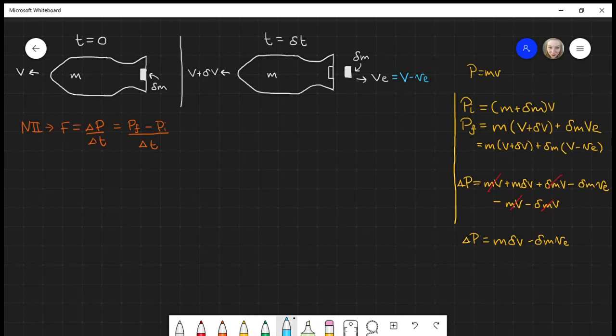One thing I will mention is because the mass is being expelled, there's a reduction in mass. So here I'm going to make the mass expelled minus. So this will change the above expression. Like that. Okay, using this, if we go back to Newton, we can put this in and we end up with